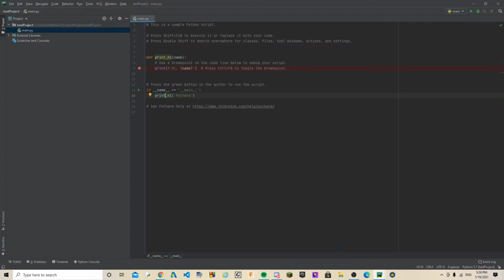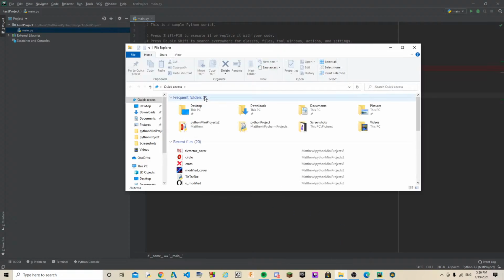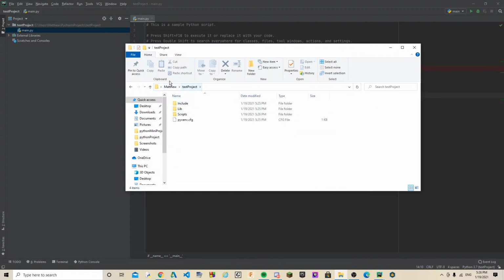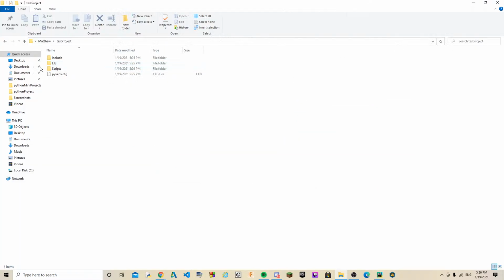So now if you want to access it in File Explorer, that part that we copied and pasted, we can just go ahead and paste that in here, and it can open that up just like that. If we don't know how to do that,